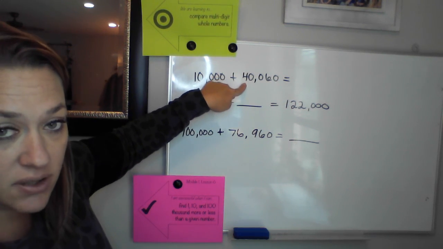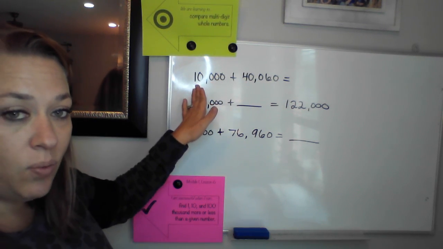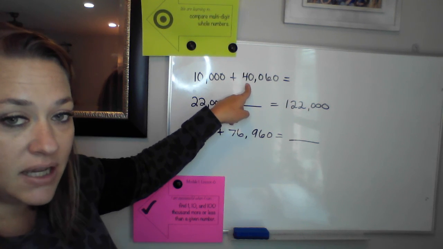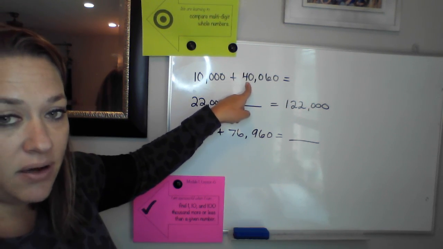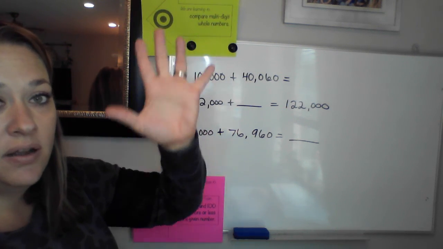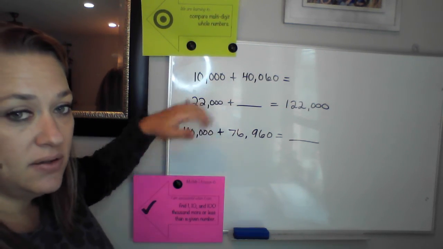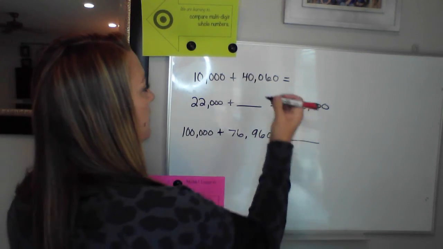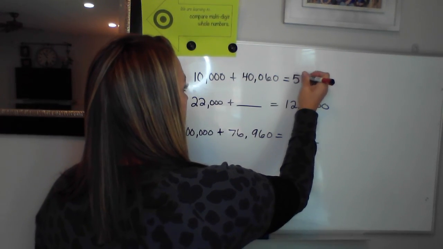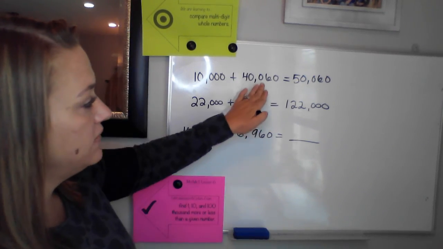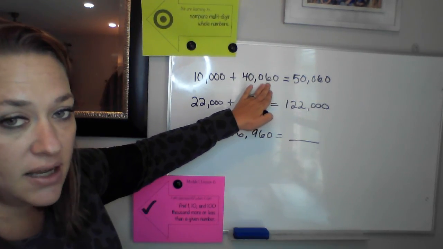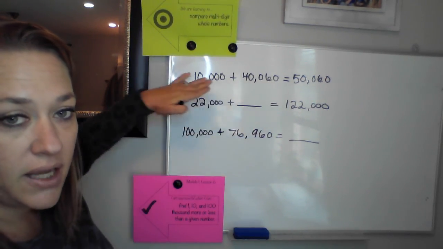The 4. Yep. So the 4, if I'm adding 10,000 to my 10,000s place, instead of 4 10,000s, I'm now going to have 5 10,000s. So this would look like 50,060. Because the rest of this is staying the same. I didn't add any 10s or hundreds or ones. I only added